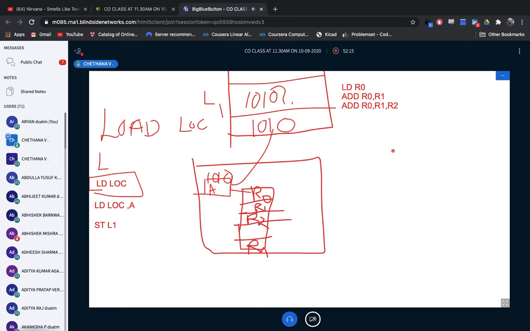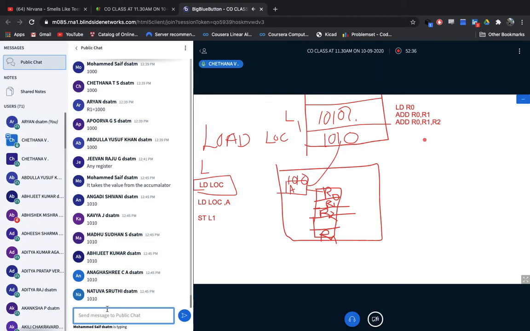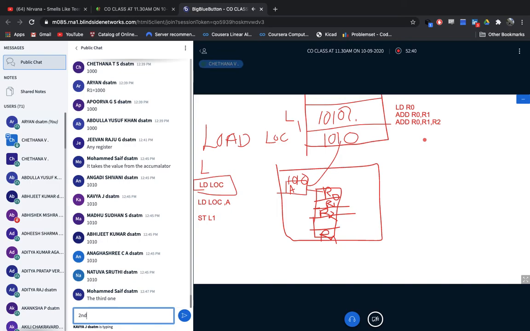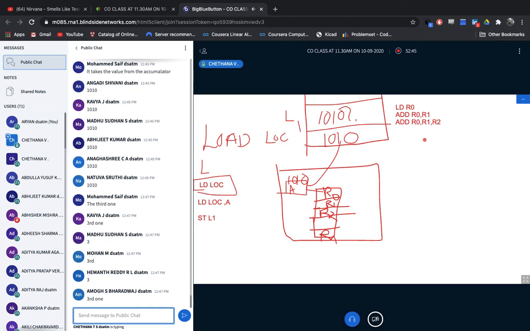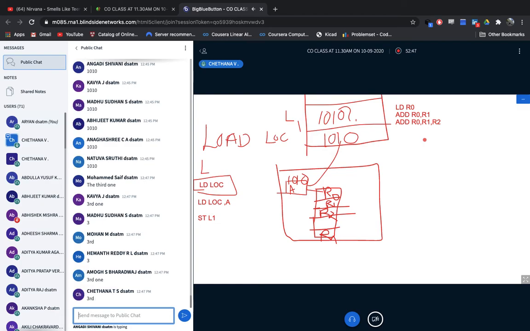I've written 3 instructions. Now my question to you, please understand my question: out of these 3 instructions, which instruction requires 3 addresses? Are 3 locations of data required? So it is a 3 address instruction out of these 3. First one, second one, third one. Yeah, the third one is the 3 address instruction. Very good. Third one.